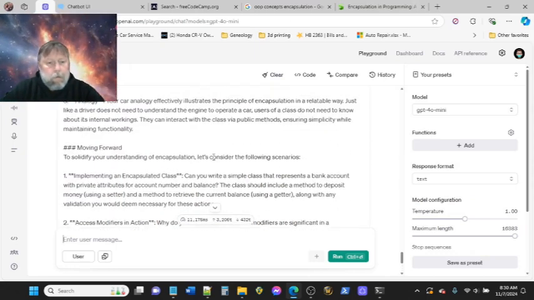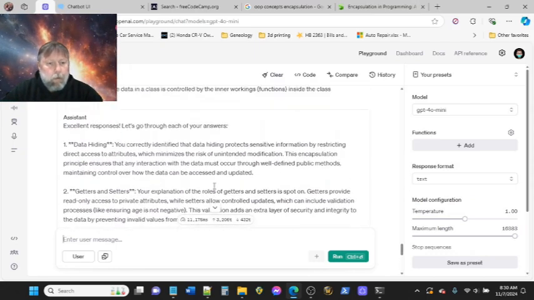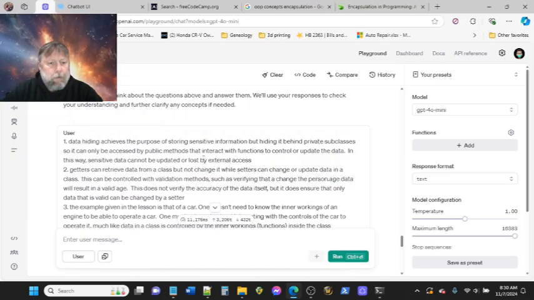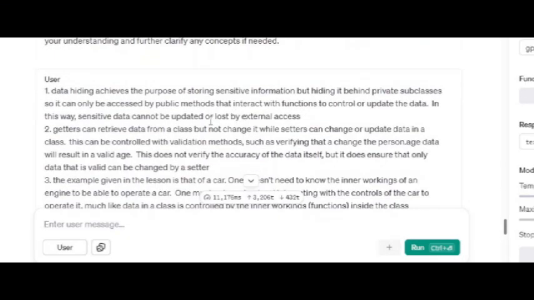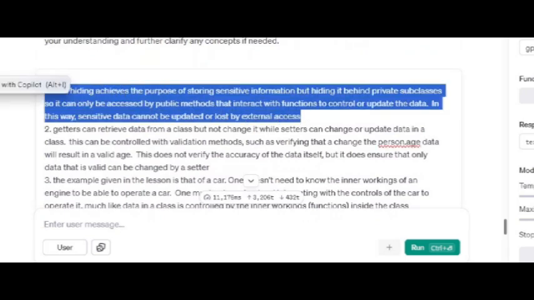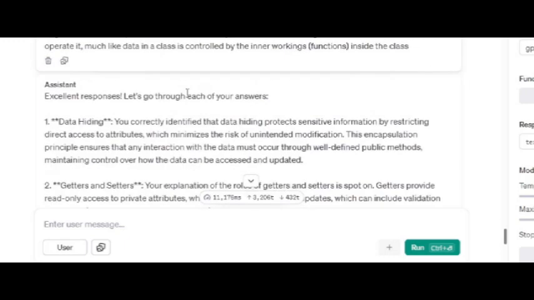Okay, so my answer to the first question, what does data hiding achieve in the context of encapsulation, was: data hiding achieves the purpose of storing sensitive information by hiding it behind private members, so it can only be accessed by public methods that interact with functions to control or update the data. In this way, sensitive data cannot be updated or lost by external access. And it